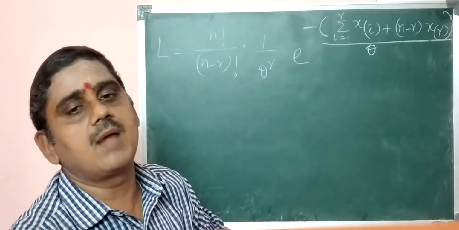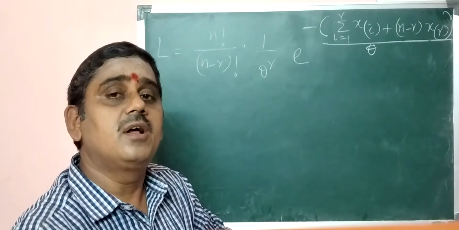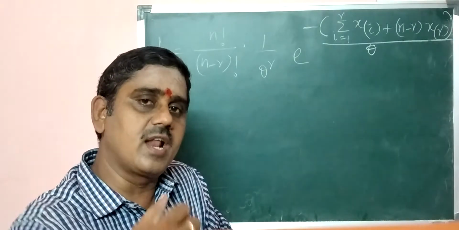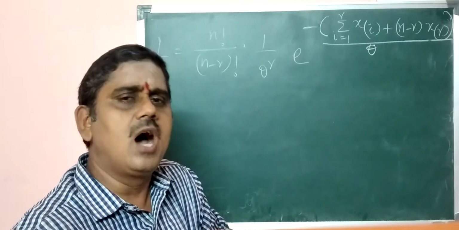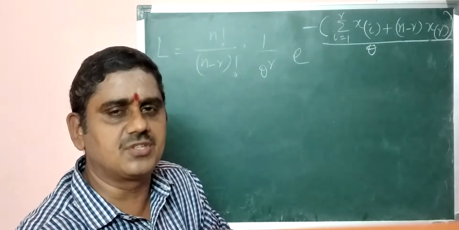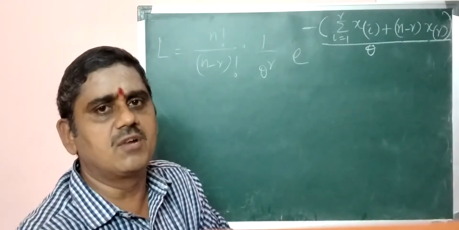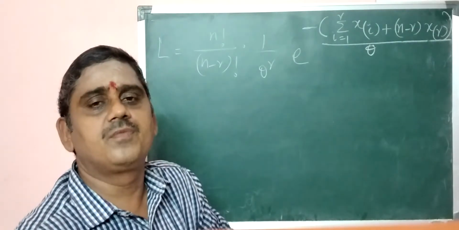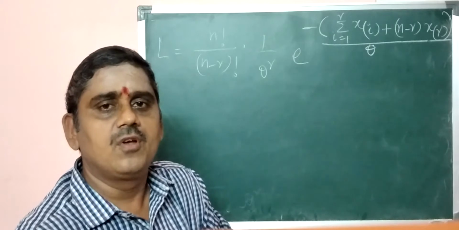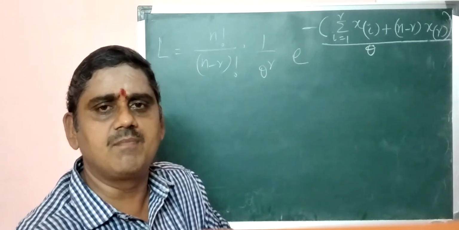If you consider the time to failure is some particular t, in which we have considered n items for testing. For testing the components, we have considered n items, among which r items, for example, failed, for which we have considered the lifetimes. That is the total time period the components work, the number of r components, working hours, working time periods. We have considered an order statistics x1, x2, xr for those time periods.